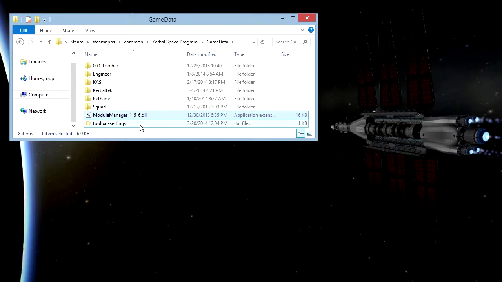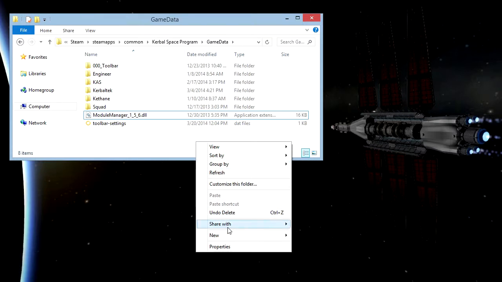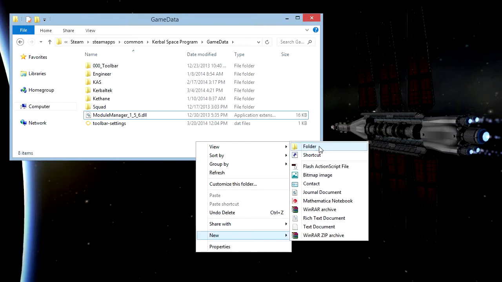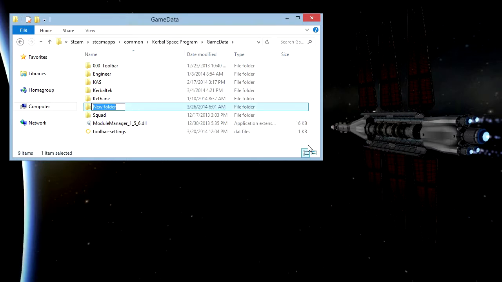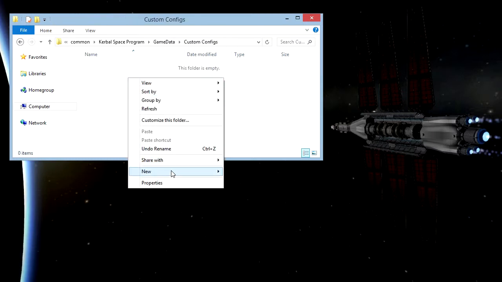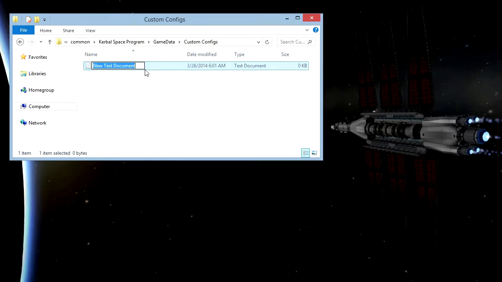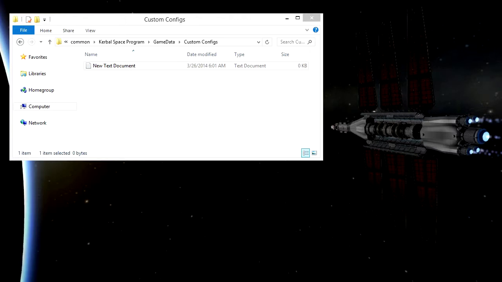Now, to get started, first you're going to need, or at least I like to get, a new folder. Reason being is once you grab a new folder, you can just call it something like custom configs. That way we can keep everything organized. And in here, we're going to need a new file. And we'll just start this as a text document, but when we open it,